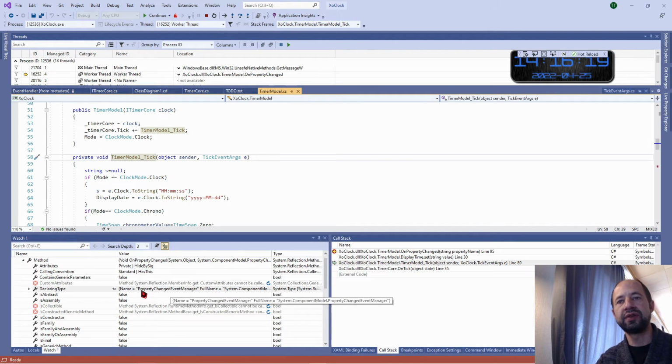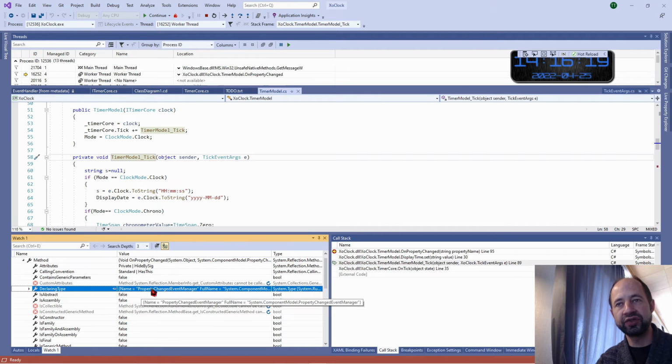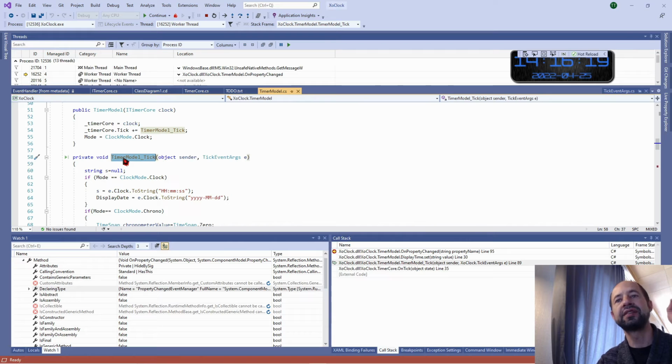Usually, you see here Windows use property change event manager. I could rename this as tick event manager if I want to be coherent with the name which is declared here.